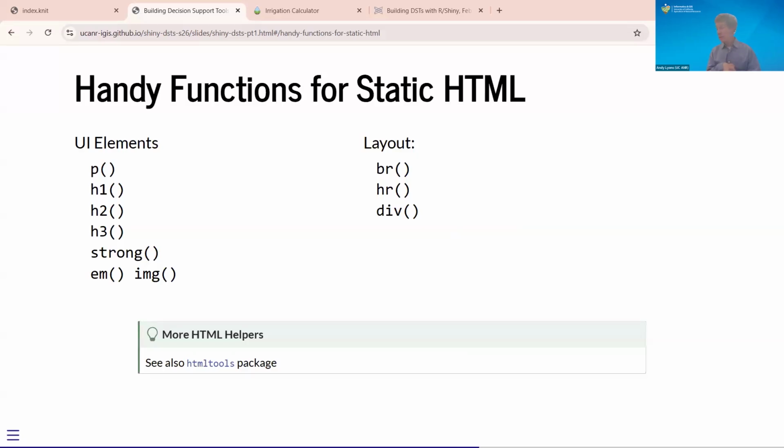We also saw some functions that we use to create static elements of the user interface. So here's a sample of these. Strong, this will make text bold. EM, this will make text italics. IMG, that's how you add an image file, right? If you do add an image file, which we're not going to do today, but if you want to do that,